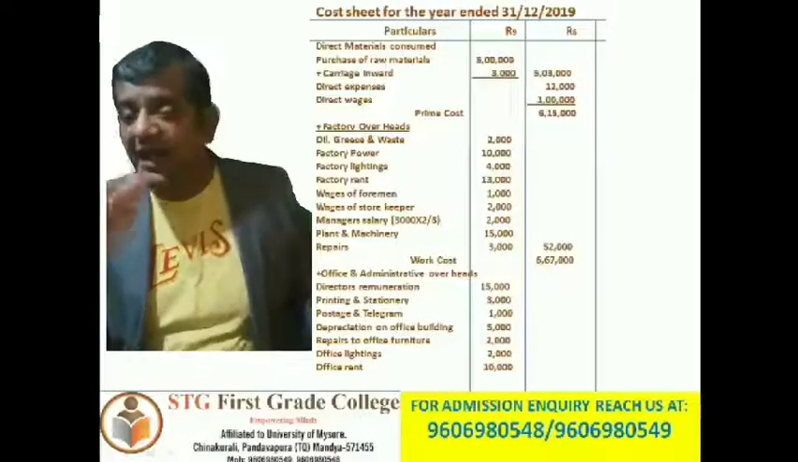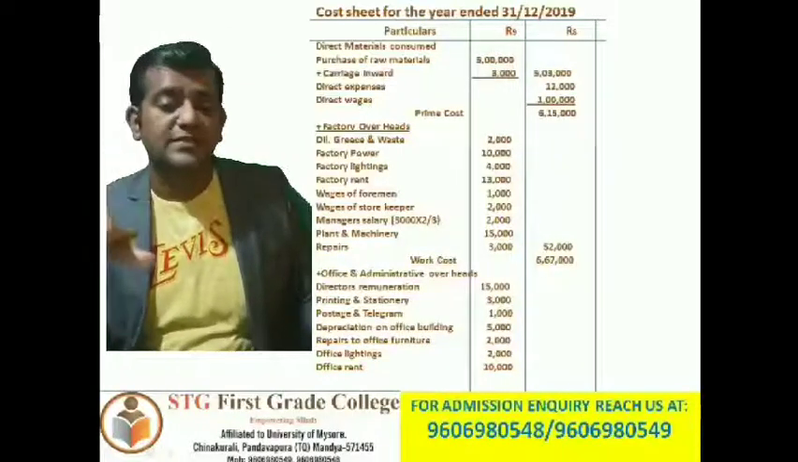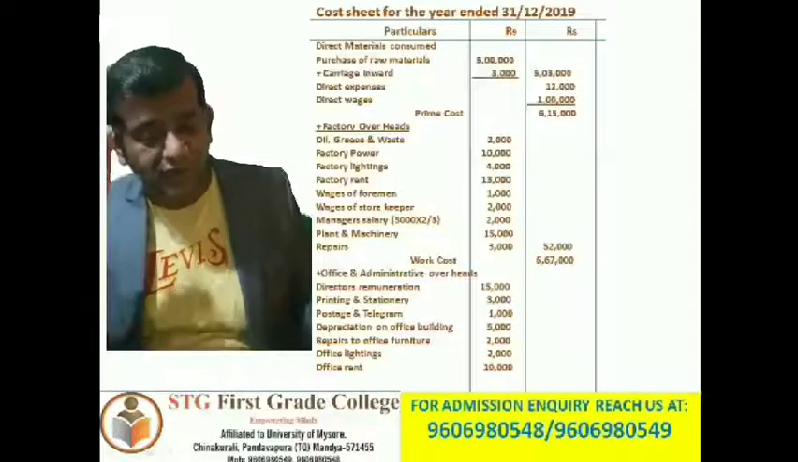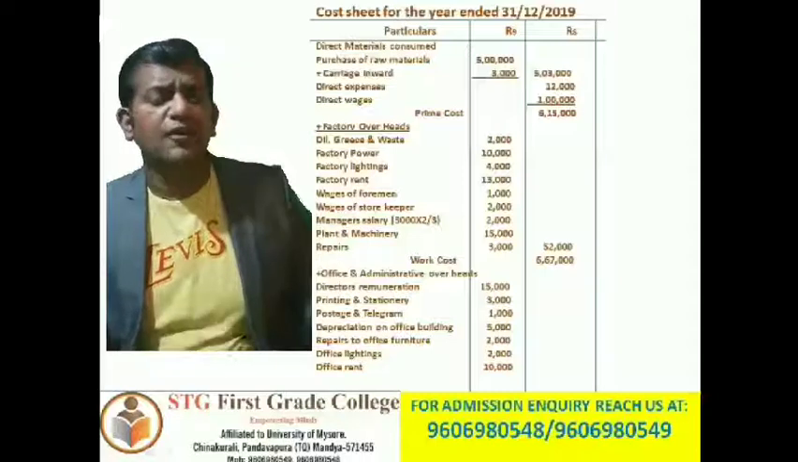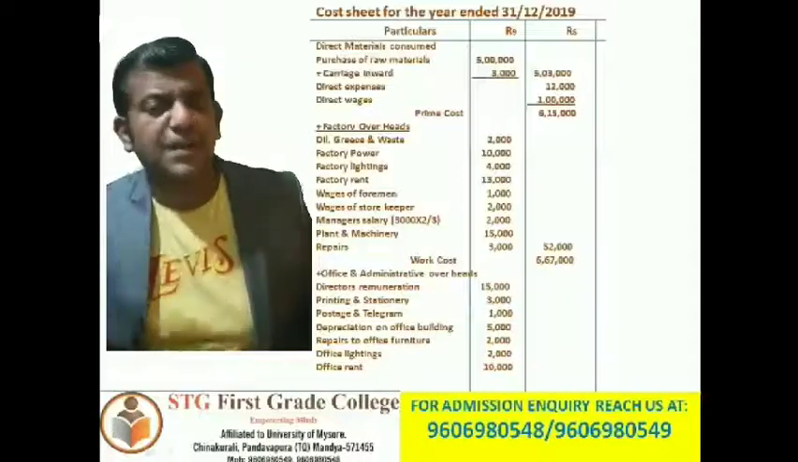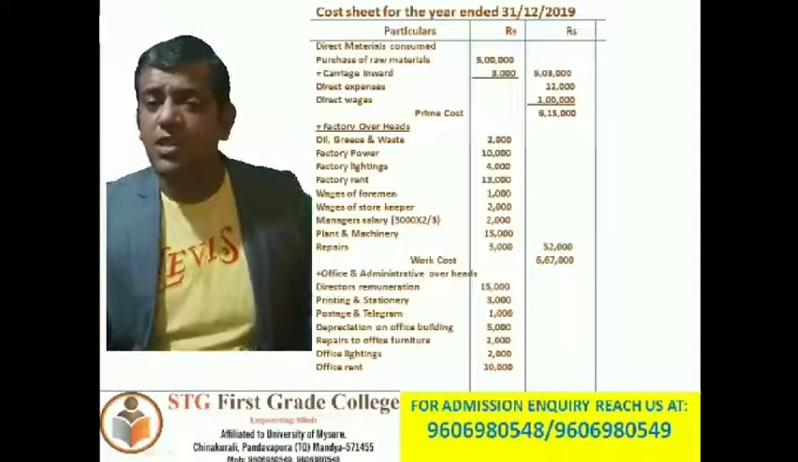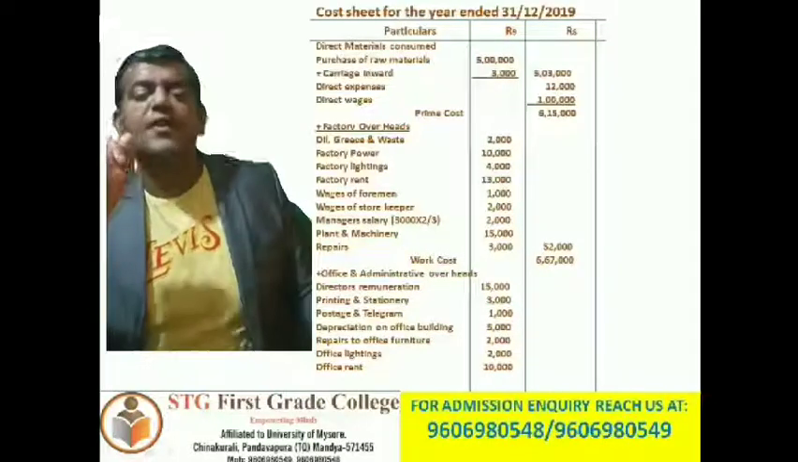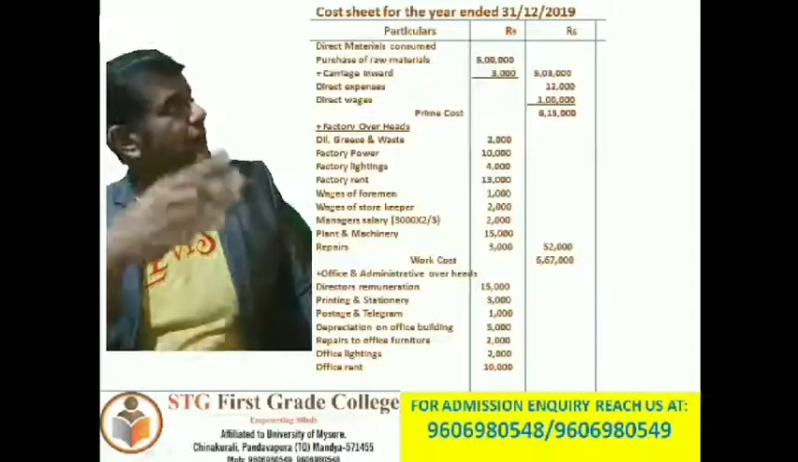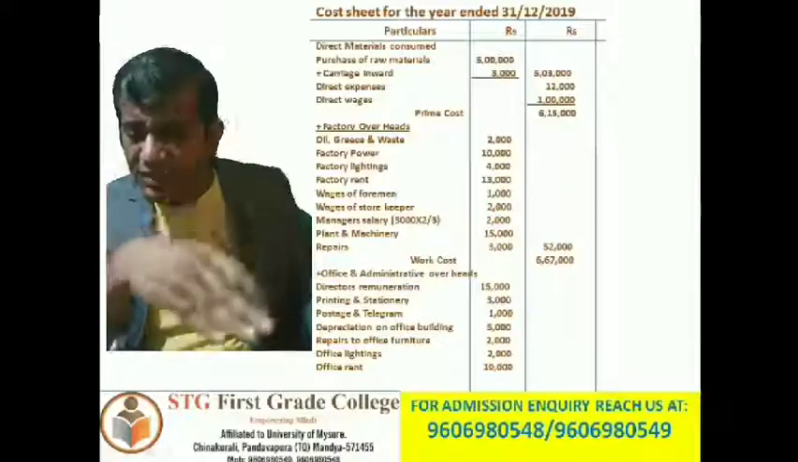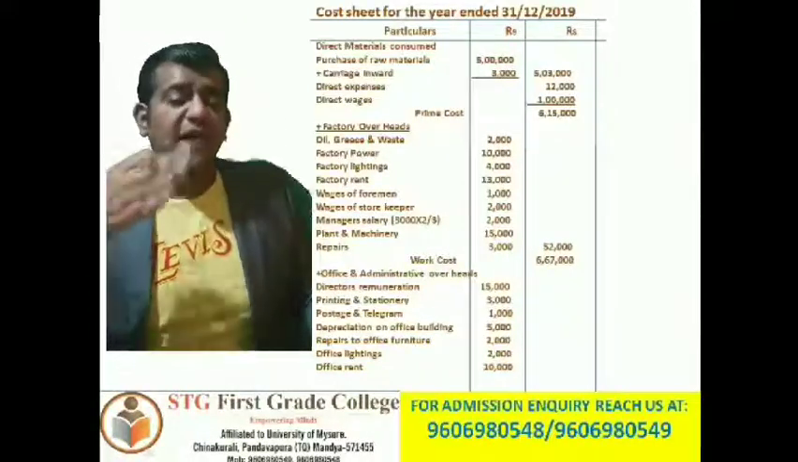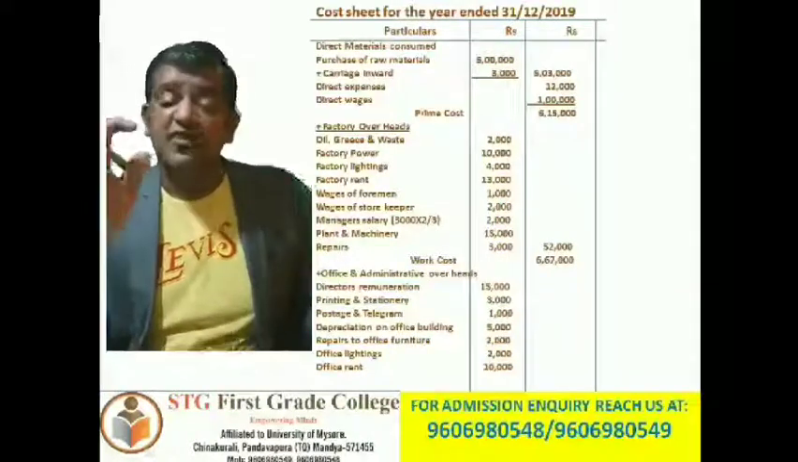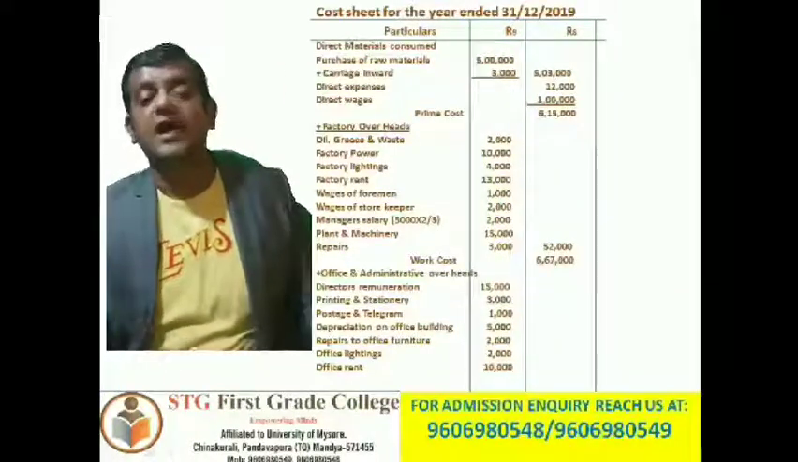Clear? Next add factory overheads. To find the work cost, what should we add? Whichever expenditure is related to the factory, the expenditure that comes under the production unit. All those expenditures should come under factory overheads. So add factory overheads. Under that start entering oil, grease and waste 2,000, factory power 10,000, factory lightings 4,000, factory